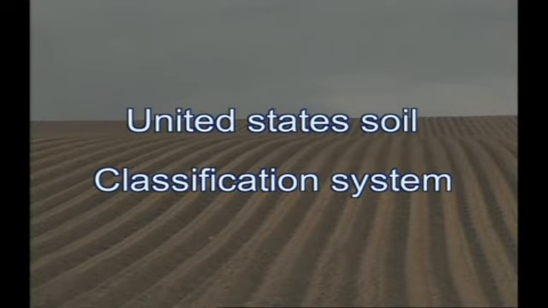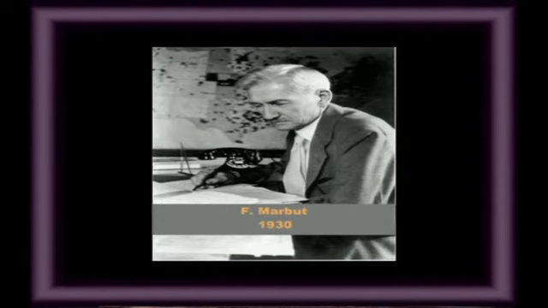United States soil classification system. The first formal system of soil classification was introduced in the United States by F. Marbut in the 1930s. The most general category of the NRCS soil classification system recognizes 11 distinct soil orders. They are